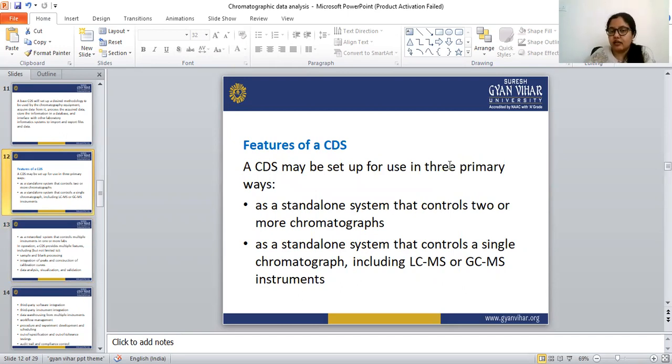The first is as a standalone system that controls two or more chromatographs. The second way is that it controls only a single chromatograph, including liquid chromatography mass spectroscopy or gas chromatography mass spectroscopy instruments. The third is the network system, which can control multiple chromatographs across multiple labs. So these are the three primary ways of using the CDS.